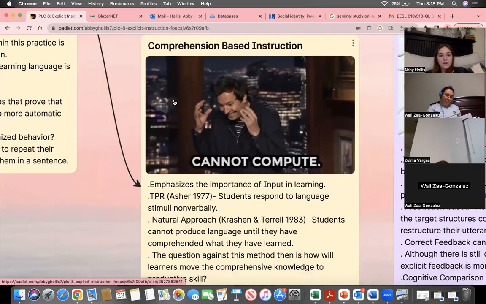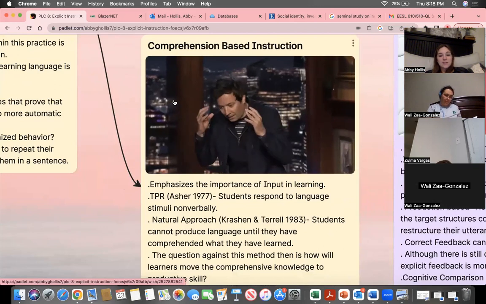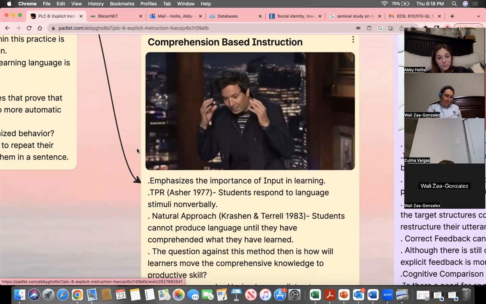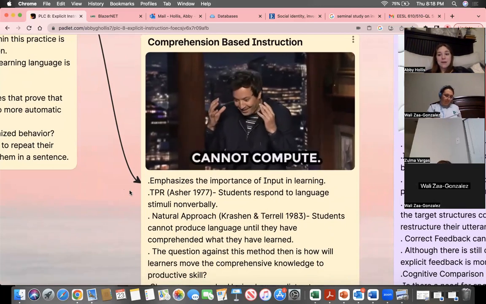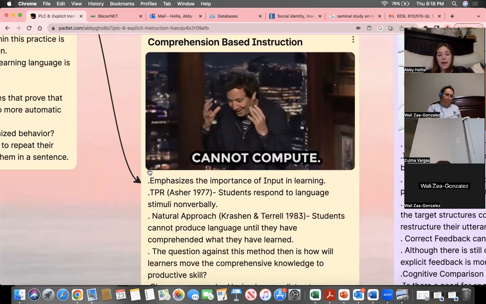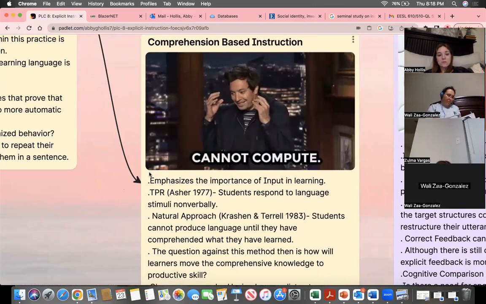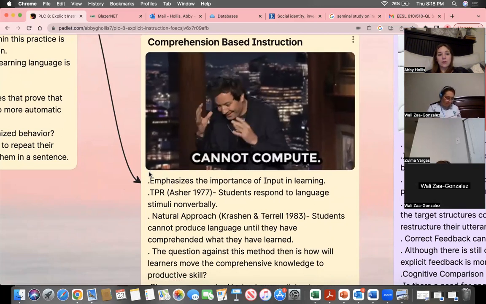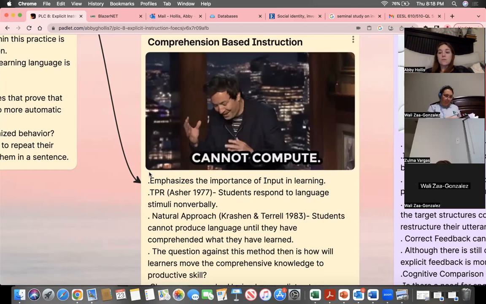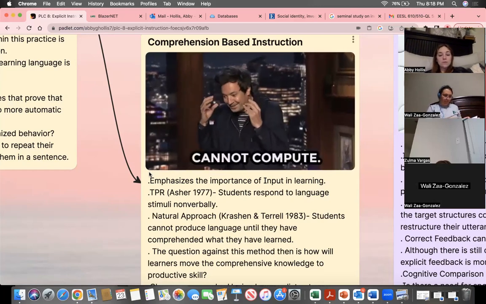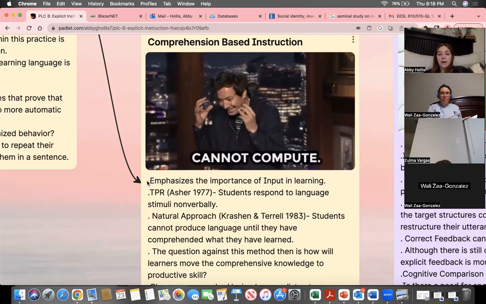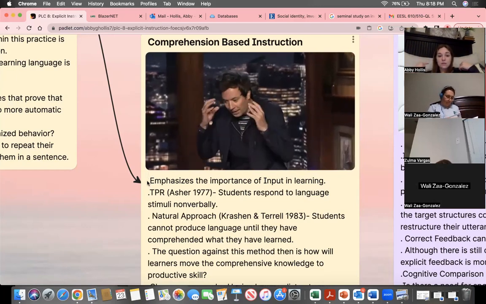Okay, and then comprehension-based instruction. This emphasizes the importance of input in learning, which I also think is really important. TPR is the main preface for this. It's created by Asher in 1977, and students respond to language stimuli non-verbally. So whether they're writing, most of the time TPR is used more in elementary school settings. Sit down, stand up, raise your hand, close your eyes, point to your nose, point to your ears, things like that,